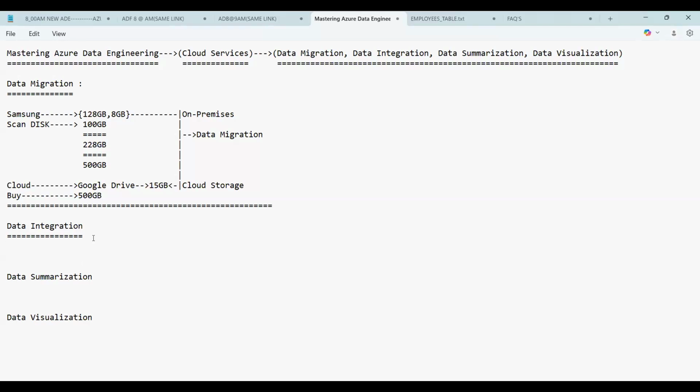So what is data integration? Now, everyone, you go to Reliance Fresh. Reliance Fresh is a supermarket. Am I right? Now tell me, when you go to Reliance Fresh, what kind of products can you find there, guys? You can find the groceries, and then you can find vegetables, exactly.